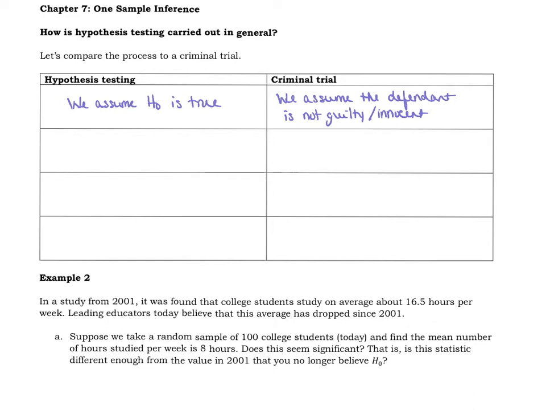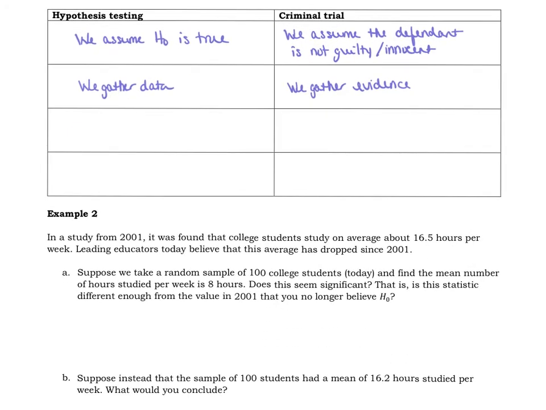Okay, then what we do is, statistically speaking, we gather data. Obviously, in a criminal trial, they would gather evidence, traces of blood or whatever. Well, we do the same thing in hypothesis testing. We gather data, lots and lots of data. Okay, then from there, making the assumption that the null hypothesis is true, so again, we're proceeding under that assumption,